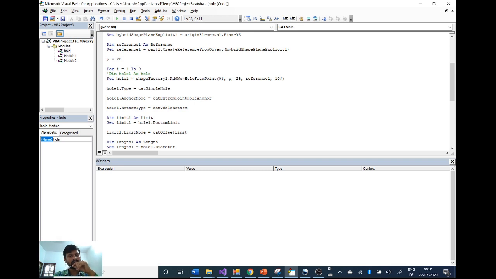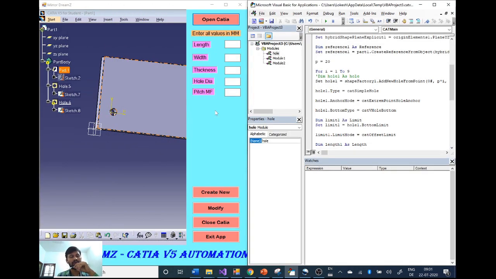What I'm going to do is multiply this with i. In our case, i is the row number. So the first row has a pitch difference of 20. Because i is equal to 1, when the second row comes, this Y value will change to 40 because i is equal to 2, so P equal to 20 will be like 40. So we can run this tool now and see how it gives the result. I'm going to delete the existing code because we no longer need it, and it will create confusion.